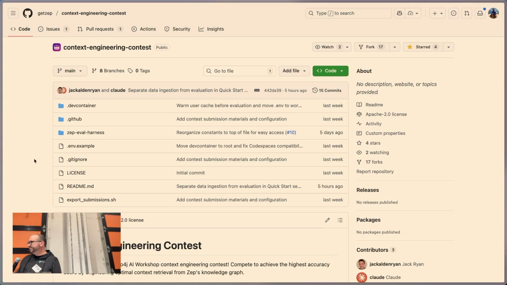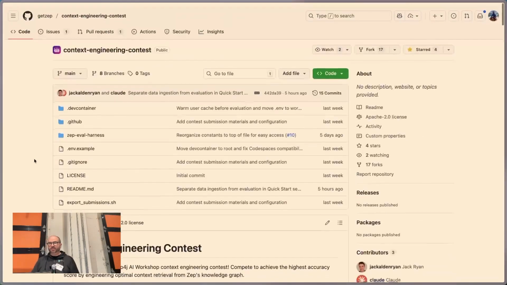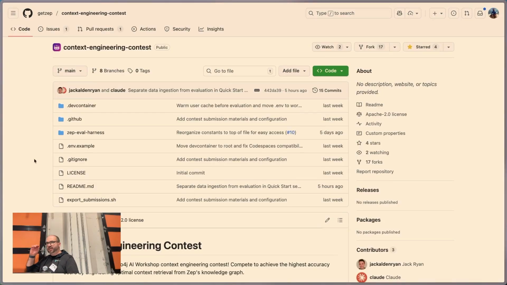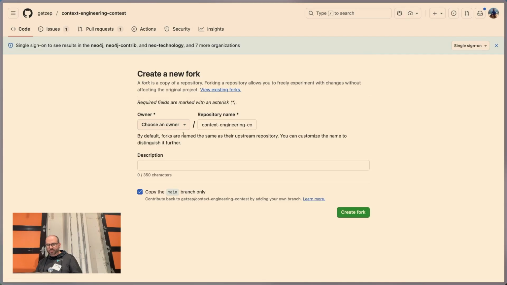Okay. Cool. So this is the GitHub repo. I think the easiest way to run this is in CodeSpace. CodeSpace is a containerized development environment, so you don't have to worry about installing dependencies locally, and there are also some setup scripts that run when you do that. So I think the best thing to do here is to fork a copy of this,